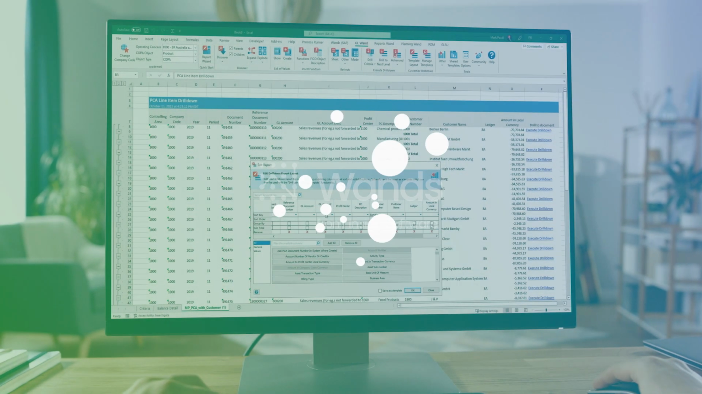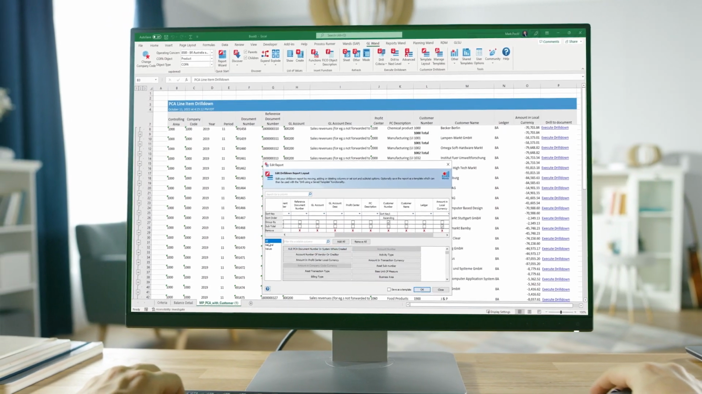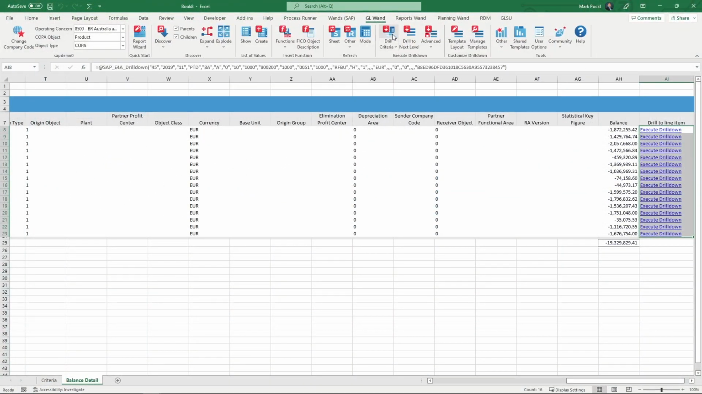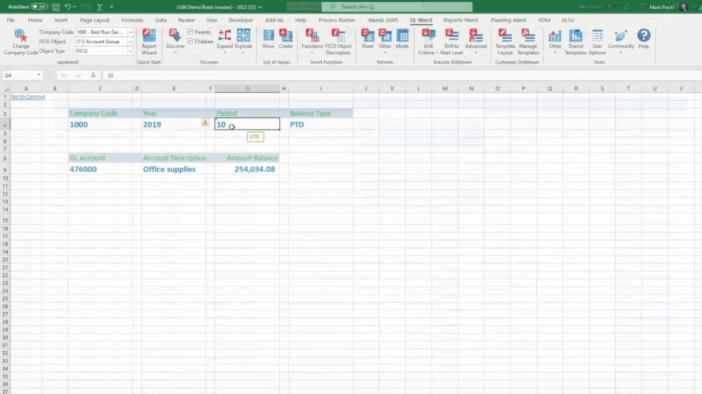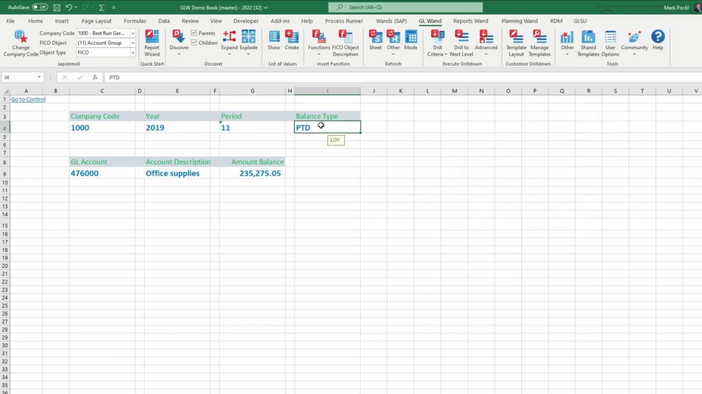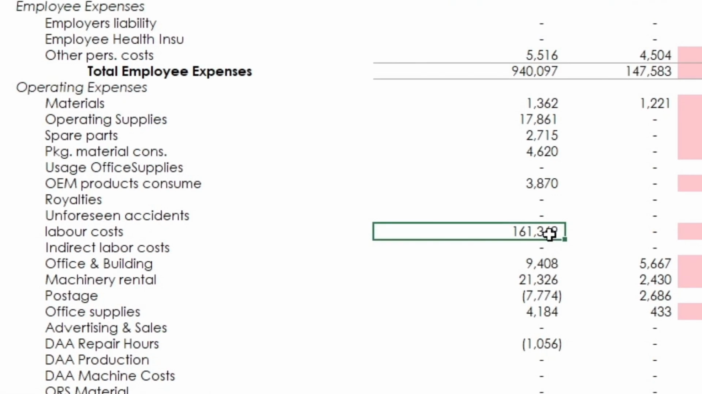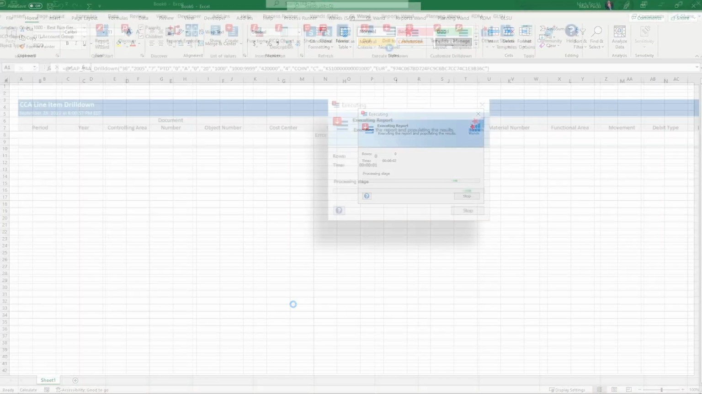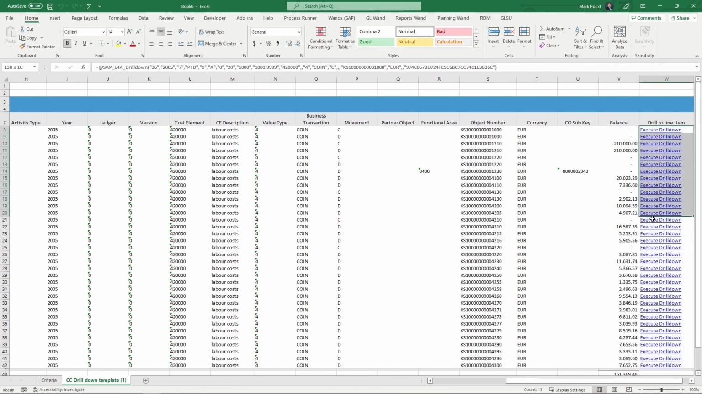Wands solves common reporting challenges by automating manual processes and enabling real-time drill-down capabilities, leading to shorter month ends and faster ad hoc inquiries. Quickly retrieve balance data from SAP in real time by simply changing the input criteria in your Excel spreadsheet. Once you have a summary balance, double-click to execute a drill-down. Click again to go even further to line item detail and then down to the document level, helping you better